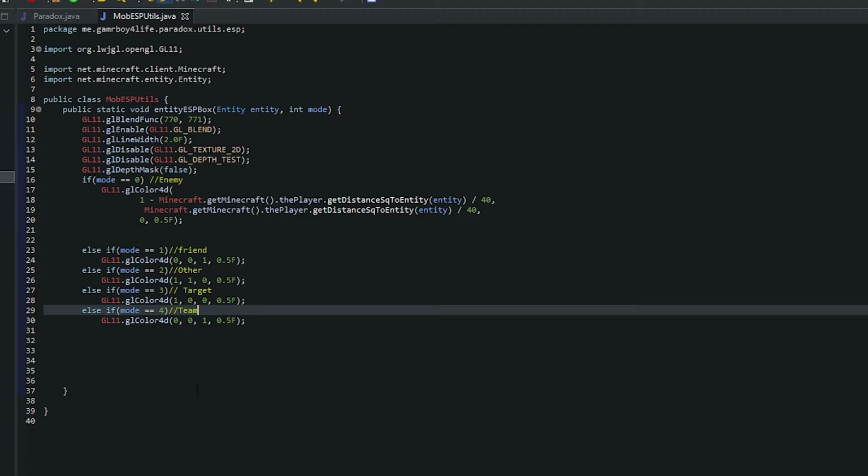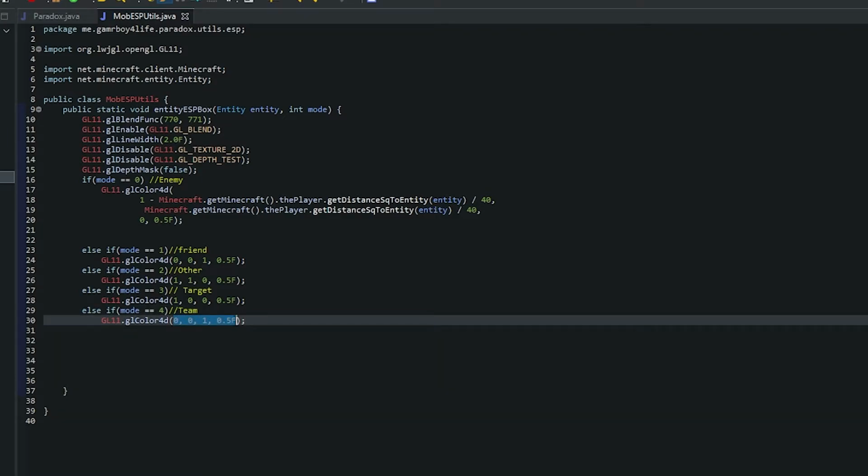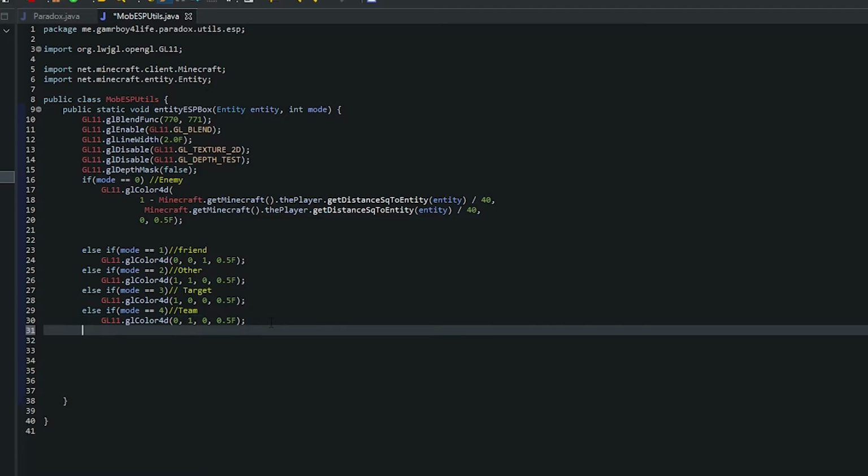Alright. Now, we're going to change this one just to be green, because, you know, green is friendly. 0.5f. There we go. Almost done. By almost, I mean we're like a third of the way through this class. It's a long class. We're going to go down and do